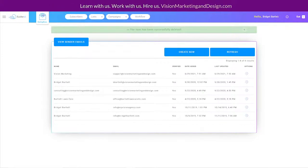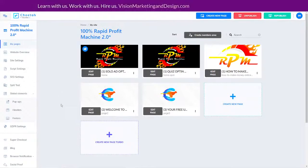Okay, you also need to make sure that you go to Cheetah and you connect a domain. You can use a subdomain, whatever you want to, but remember, this is all about the email reputation. If you have a brand new email address, it's still okay. Because the goal with emails is you need to have them open the email. So you have to have a good subject line. It needs to land in the inbox. You need to have them click in the email. And if you could have them reply to the email, those are some really good strategies to incorporate in your